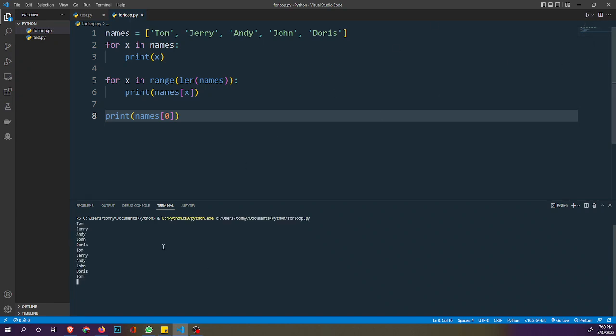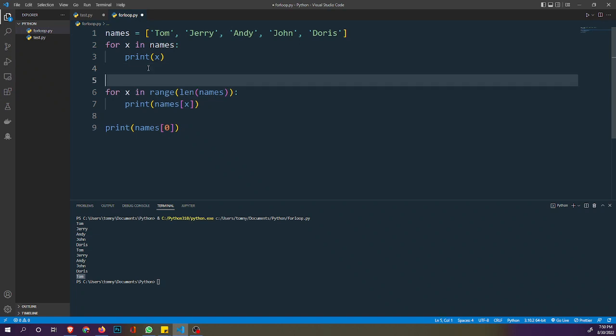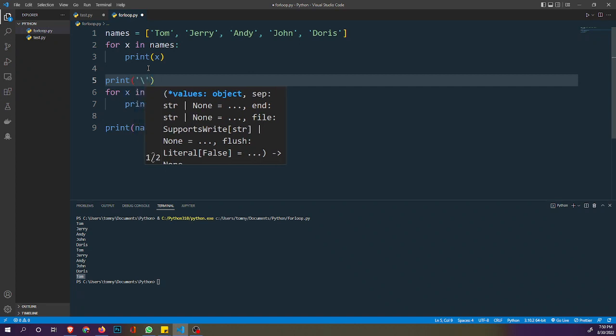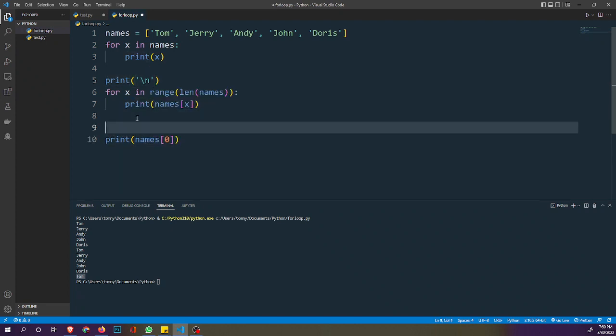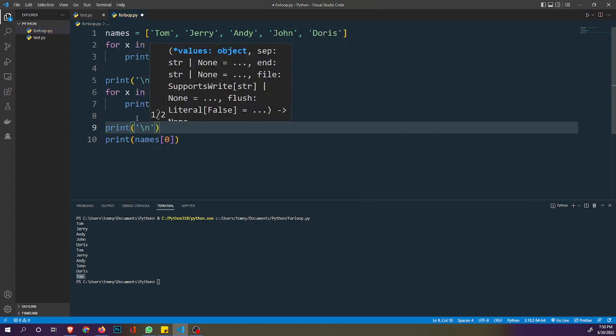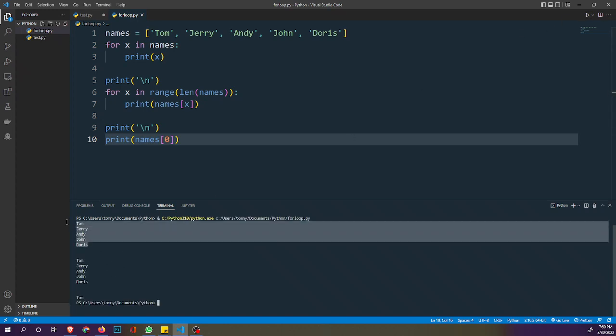So you see we have Tom at the bottom. Okay, you can actually print, we can put a line break here to see what we are doing here, to separate this from the upper one. I'll put a line break here. So if I clear this terminal again and I run the code, you can see here now that the first